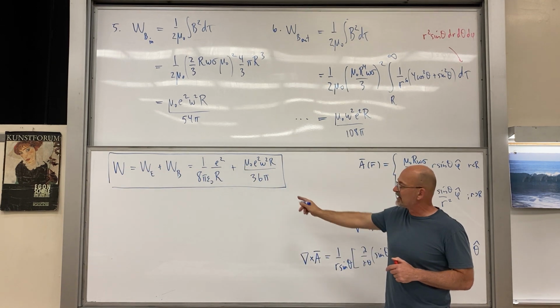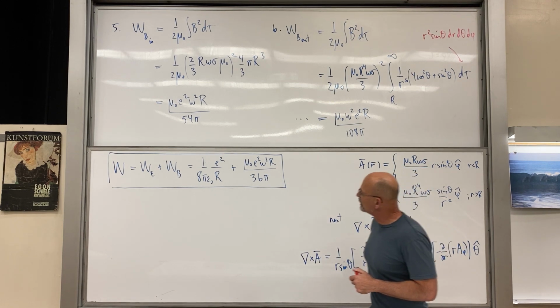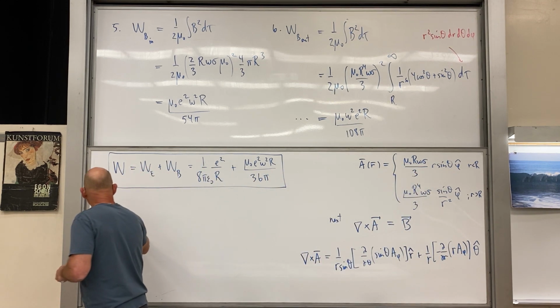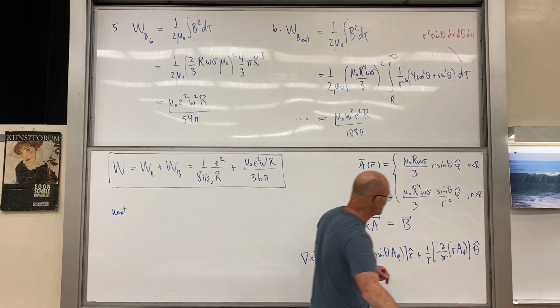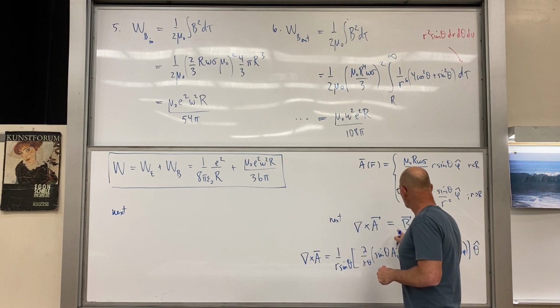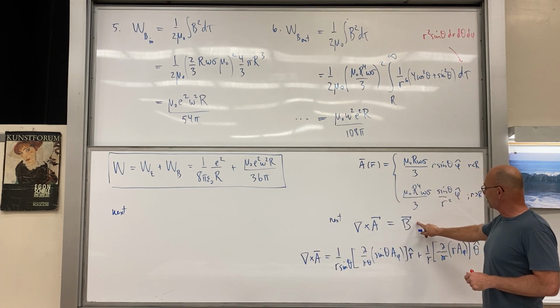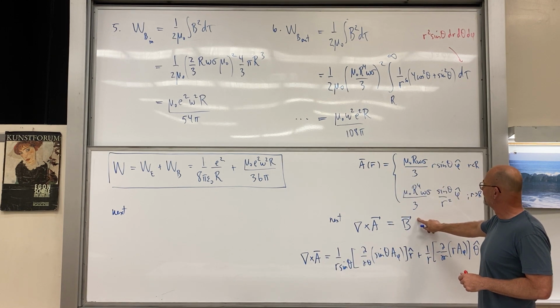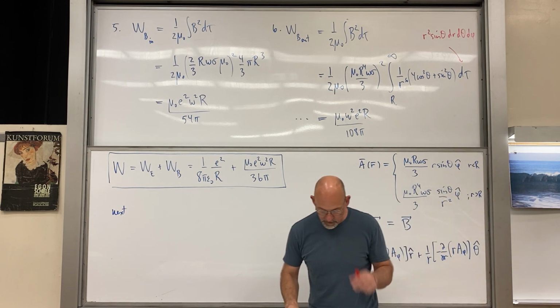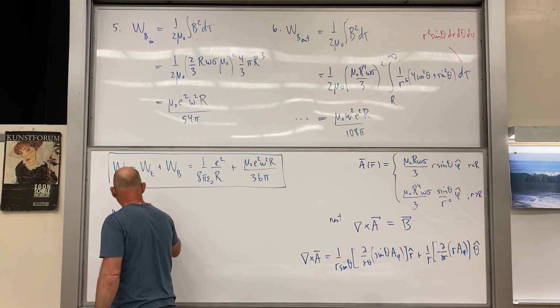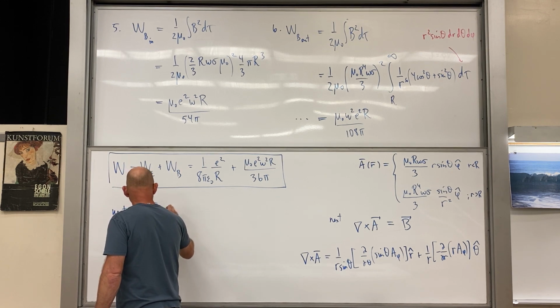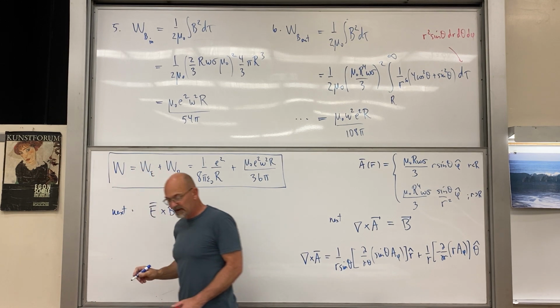So we're going to come back to that. Next, we're going to do, let's see, what do we have on the board? Let's write out the cross product. Okay, we had curl of A is equal to B, so we had B, and we had E. So I want to write out the cross product next. Next, E cross B is equal to